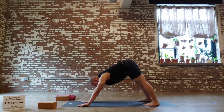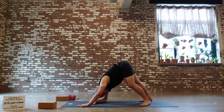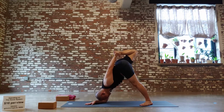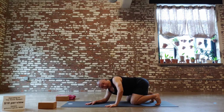All right, so right forearm comes down, turn the right hand in, so it's a triangle. Turn the left heel down. All right, so now you're anchoring your left heel down. Then kick your right leg up, bind the hand to the foot, and kick it up and back. And release. If you want to keep working on that, take another try, or try to attempt for the headstand